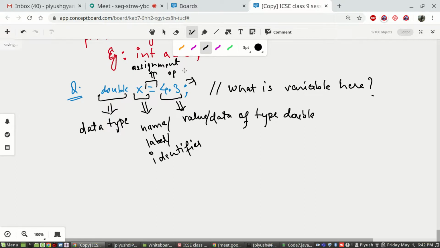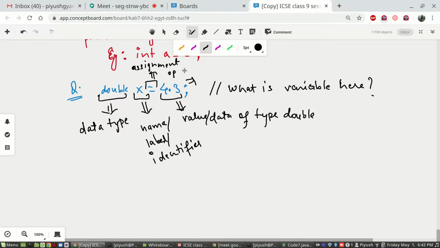Right. So now we can see none of them is variable. Now can you answer me what is variable? This is a very fundamental question. A variable, no, the whole thing is a statement. Is it the array? Is x equal to 4.3 the variable? No, nothing. That is a part of the statement.